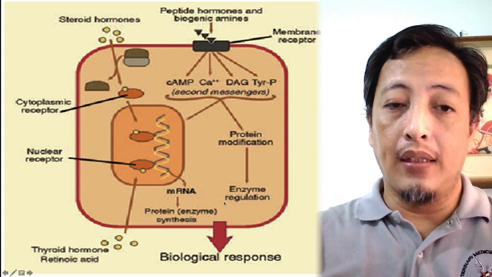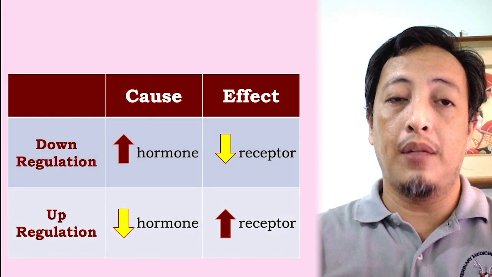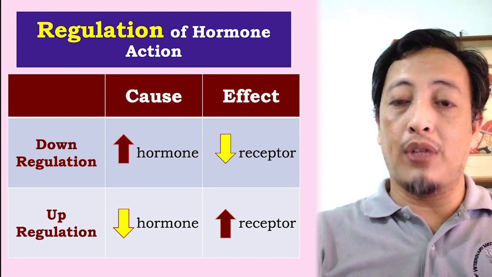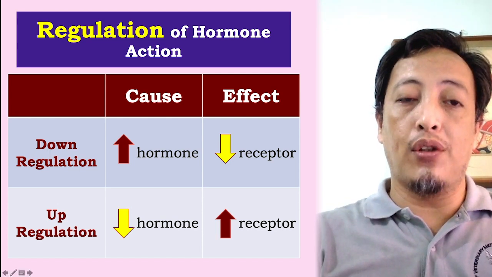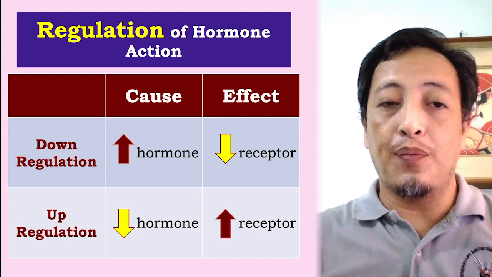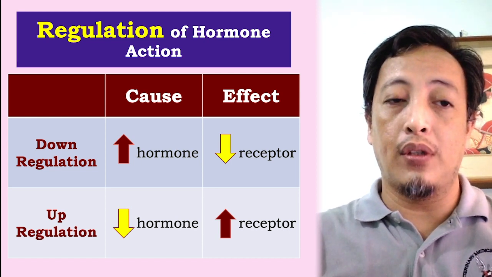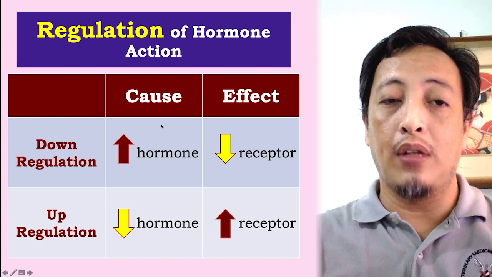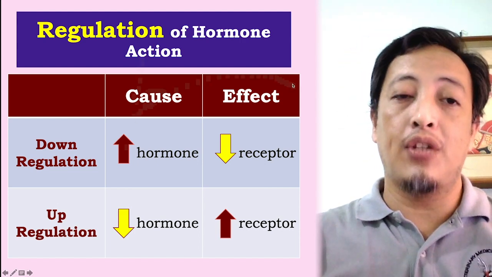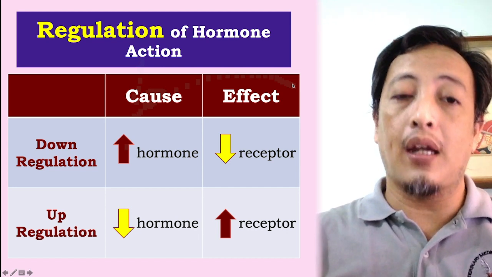So enough of that. Now we go to the regulation of hormone action. So the basic naman lang yun, ano. So there are two ways how hormones are regulated, either by down regulation or up regulation. So what I would like to emphasize at this point agad is that yung down regulation and up regulation, kailangan nyo tandaan kung alin yung cause and kung alin yung effect. And the cause would be changes in hormone levels, okay? Not changes in the receptors. So ang effect are changes in the receptors.